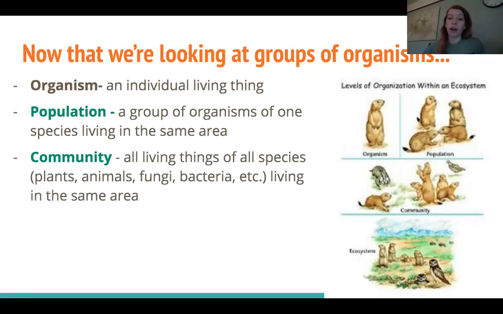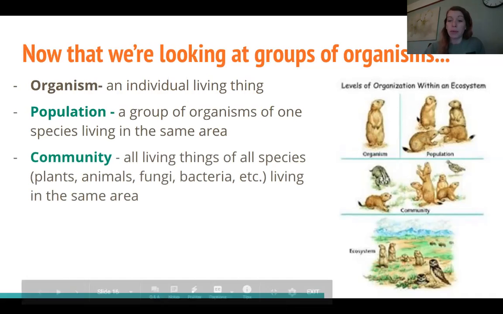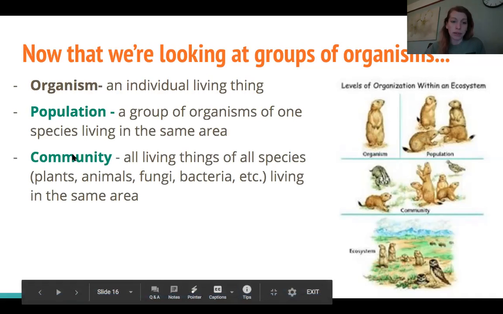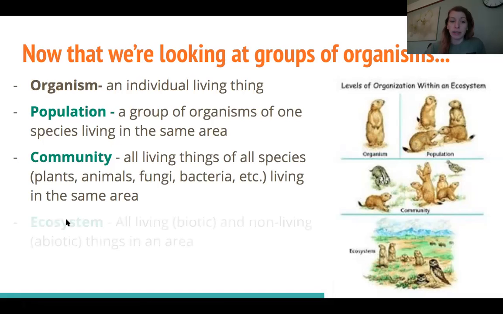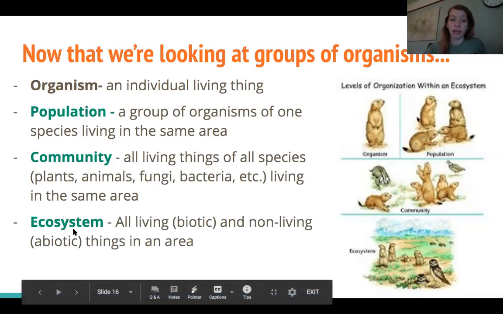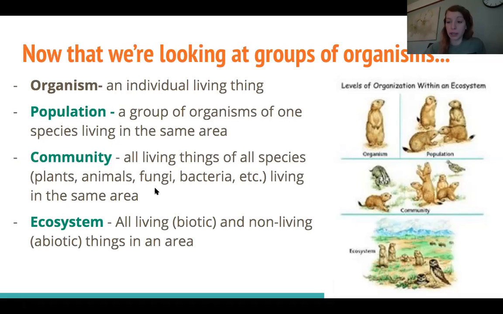Community is when you get all of the living things, all of the populations in an area living together. Sometimes we mix up community with ecosystem because we think of an ecosystem with this definition, but the difference between a community and an ecosystem is we add in the non-living things to the ecosystem. Because obviously the living things are very important. All the animals, big, small, predators, herbivores, plants, fungi, bacteria, all those things are important.